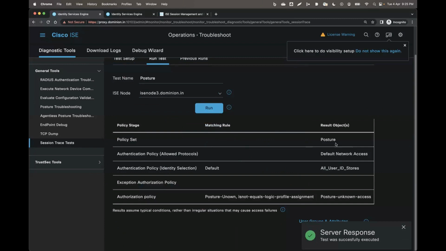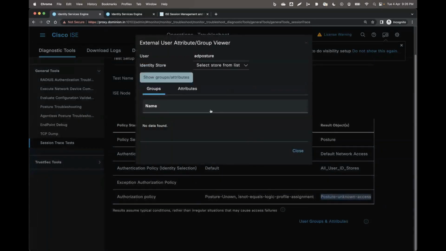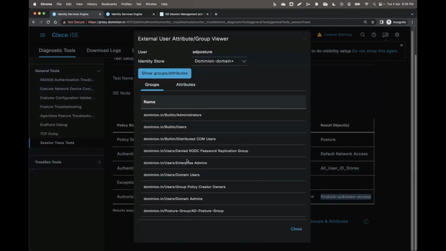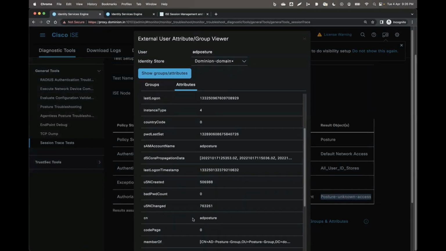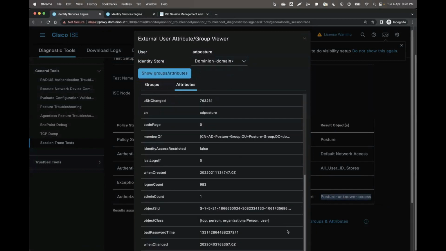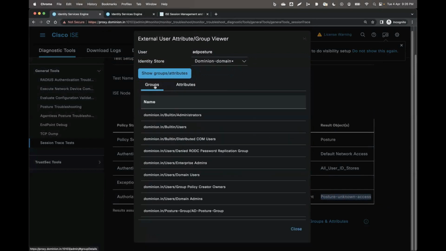It automatically says it matched with the posture policy set. It matched with the default network access protocols list. It matched with the all user ID store sequence. It matched with the authorization policy called posture unknown policy, and it matched with the posture unknown access profile. You can also get the groups associated with this user, and the attributes associated with this user. Based on this, you can even